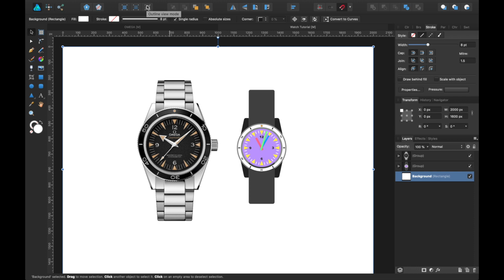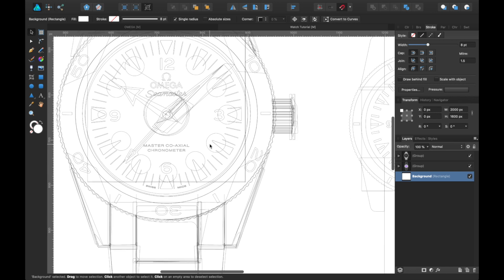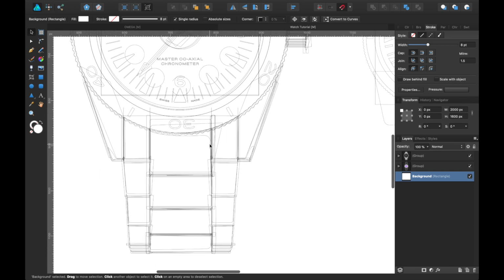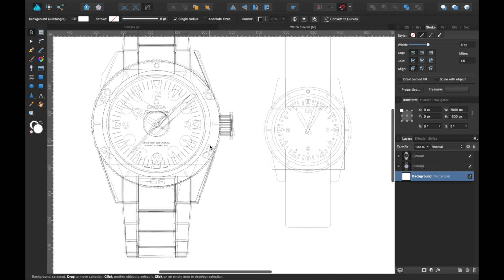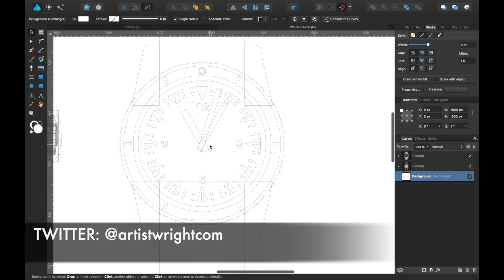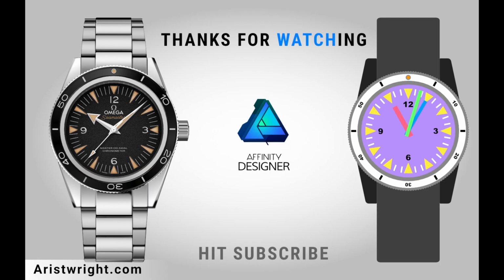For those of you who want to see the outline view, there is a button right at the top, outline view mode, and here you can see all the shapes and how it was made. I know someone requested this on my Twitter a while back on a different design. Here it is. And that's it for this tutorial.